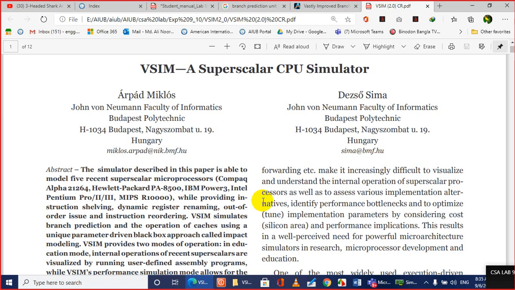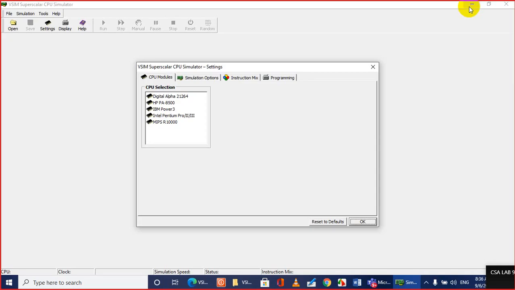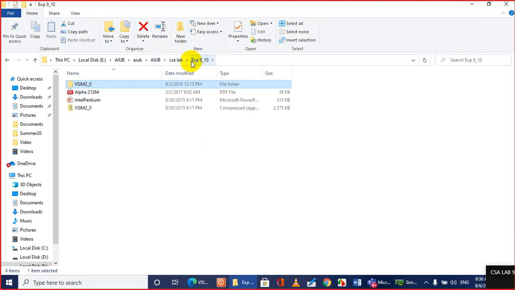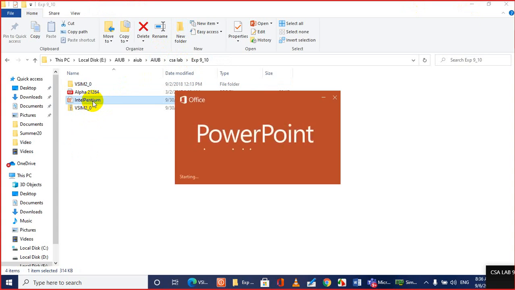Okay, so before going to the simulator, let me discuss one of the very important features of the modern day CPU. Let me open a PowerPoint slide, then we will come back again over here. We will explain this feature through the Intel Pentium processor. This feature applies to all modern CPUs.